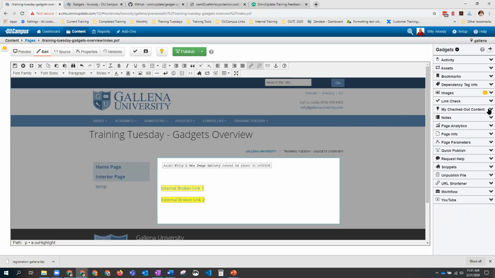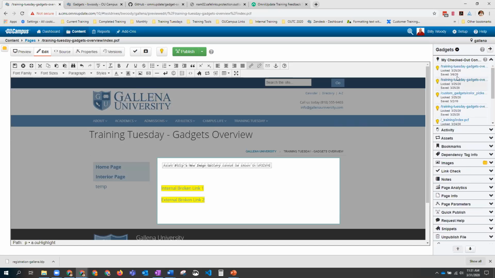As I mentioned before, the My Checked Out content, this is something that I usually like to keep at the top of my gadget because this is something that is really important. At the end of your workday, it's good to come into here, open this up, and look at all the pages you might have checked out. As you can see here, I've got a bunch of pages checked out, and it's very easy to get pages checked out accidentally as you're rolling through and scrolling through different areas on your page and your site. You may accidentally check out a page. So at the end of your workday, open up your My Checked Out content gadget,